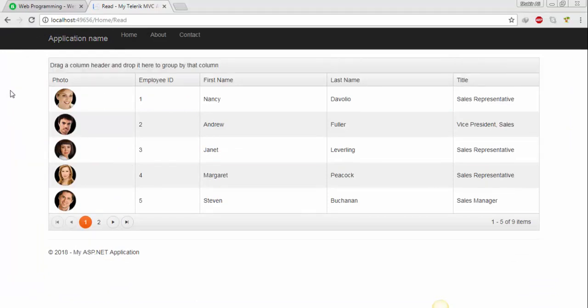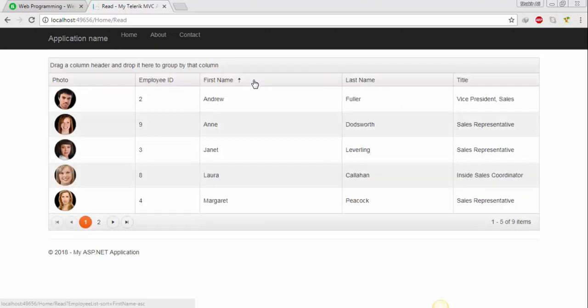Now I can sort record. I want to sort record by first name. Just click on this area of the column. This will sort record by first name. Okay,